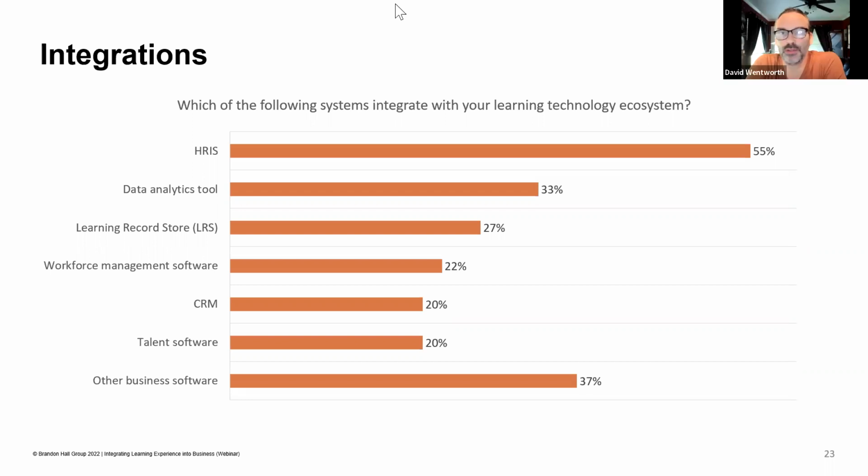We will. And you start to throw in the extended enterprise into this mix. A lot of organizations are training customers, they're training resellers or partners or franchisees. So now you're actually opening up integrations with other parts of the business and more systems, because you're reaching these audiences that typically weren't thought of as learners because they are customers, but there's a whole ecosystem around them that you need to integrate with as well. So yeah,